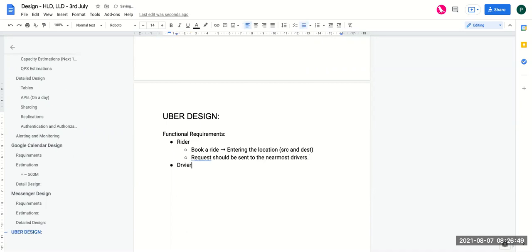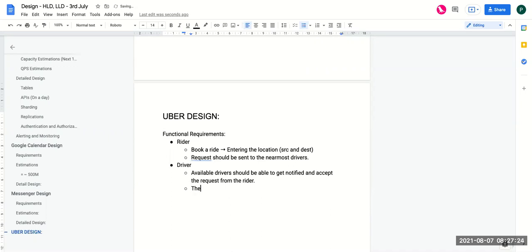For the drivers, the available drivers should be able to get notified and accept the request from the rider.